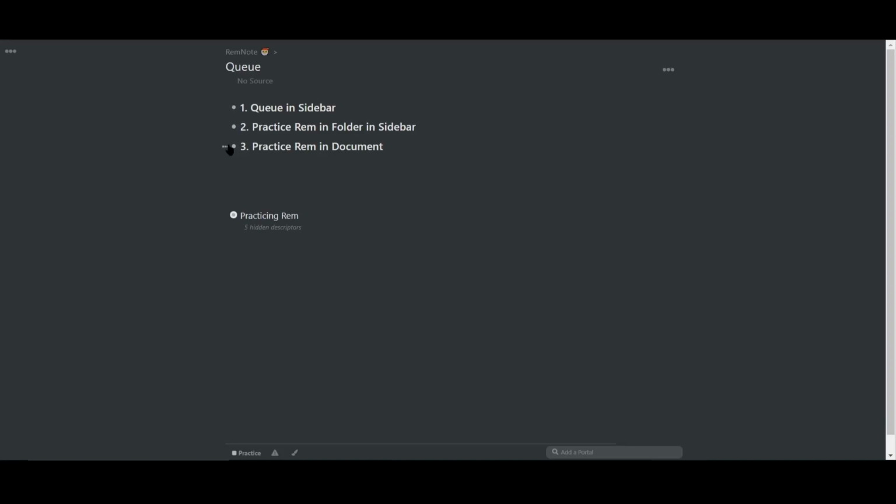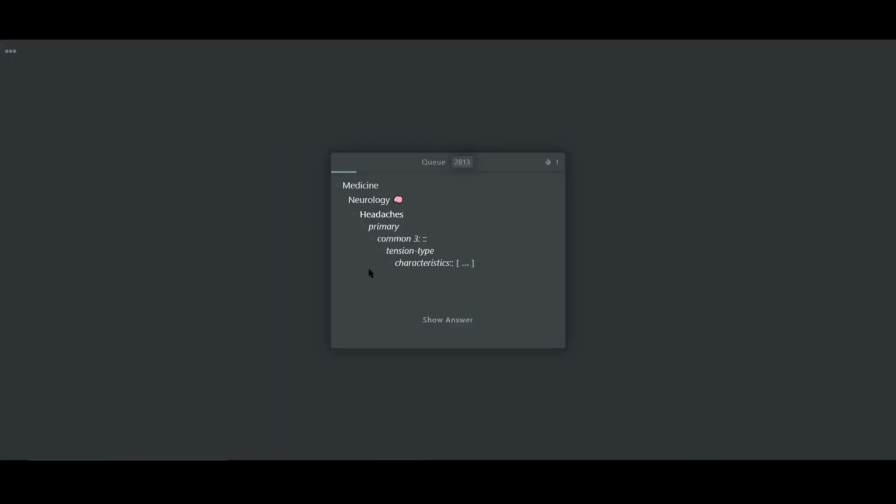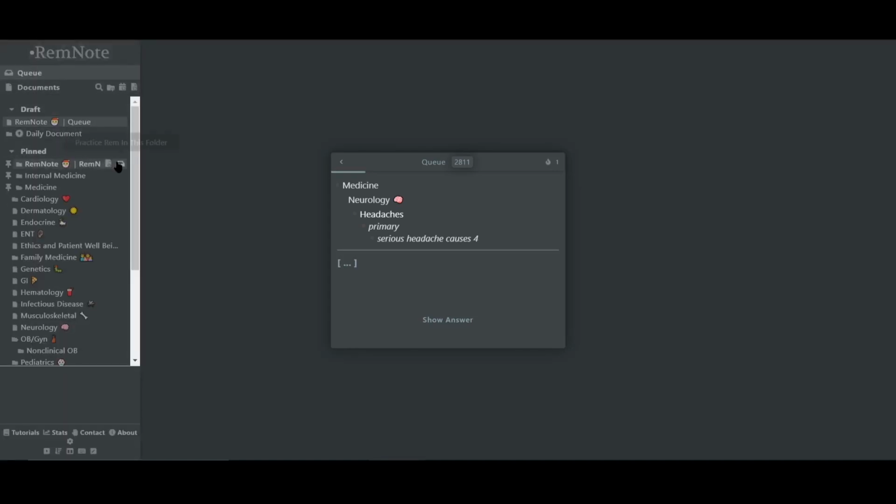Let's look at different ways we can study flashcards in RemNote. The first and most basic way is to click Q in the sidebar. This will begin a study session of all the Rem in your entire knowledge base. For more focused study, you can click on the same icon beside the appropriate folder or document you wish to